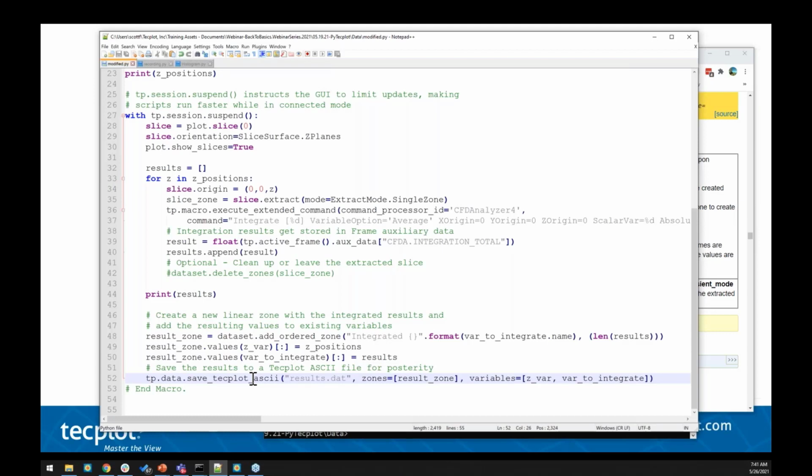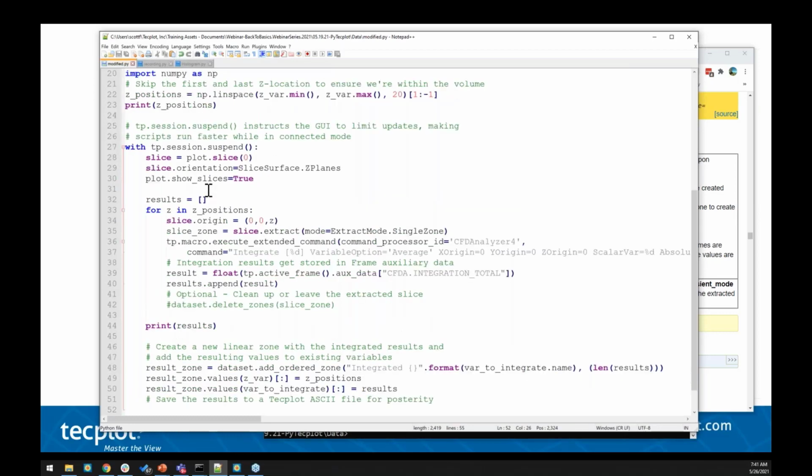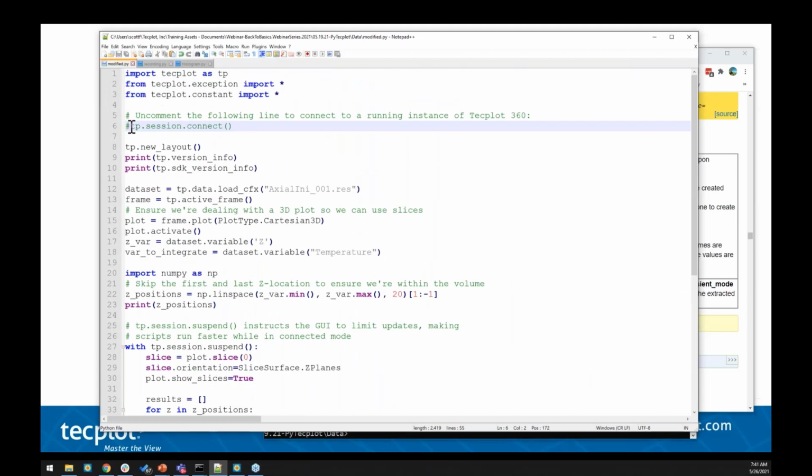But if I run this in connected mode, I can work with this data immediately. So let's go ahead and do that. Let's make sure that this is running connected, and we'll bring Tecplot 360 back over here. Start with a new layout,